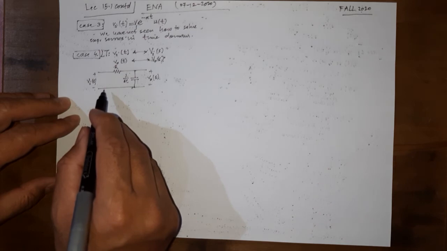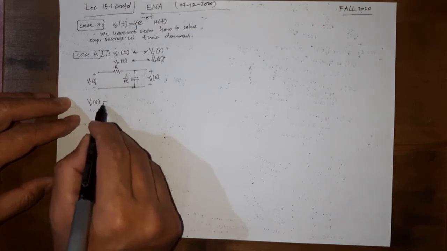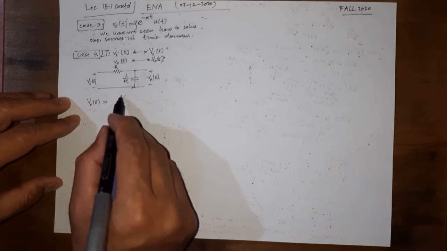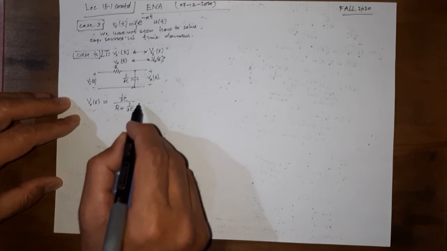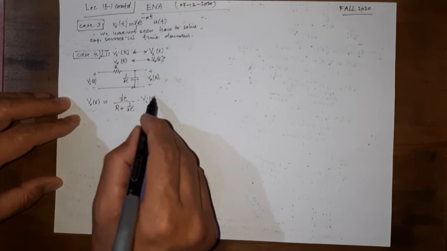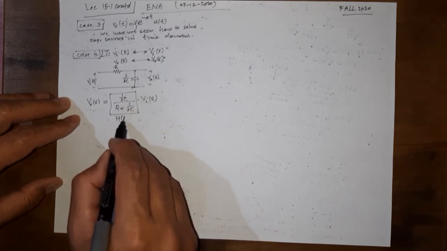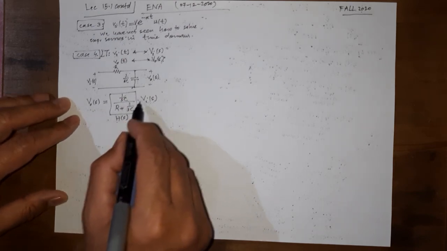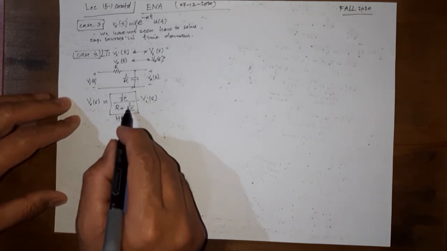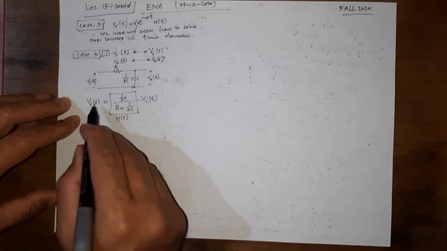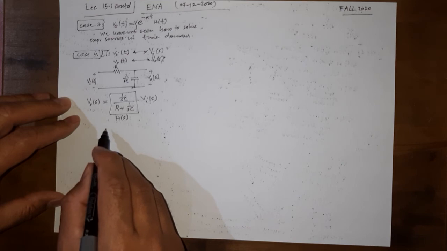We are able to solve for this V naught of S, and again this is equal to 1 over SC over R plus 1 over SC into the input. This thing we know is known as the transfer function, because the transfer function is the ratio of output over input. And now this depends on S, and here the input also depends on S, output also depends on S. This was not the case in the phasor case, by the way.